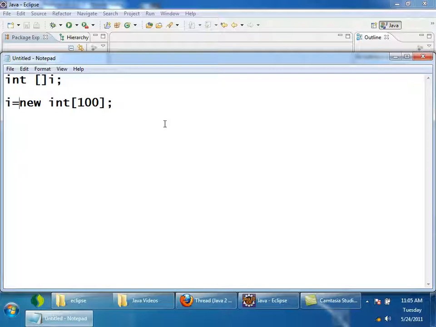So which is the latest version of JDK right now? 1.7 also is there. But before JDK 1.3, there is no concept of collections. When they introduced JDK 1.3, they wanted to introduce collections. As I told, a collection is an object which can store references of other objects and its size can increase and decrease dynamically, right?